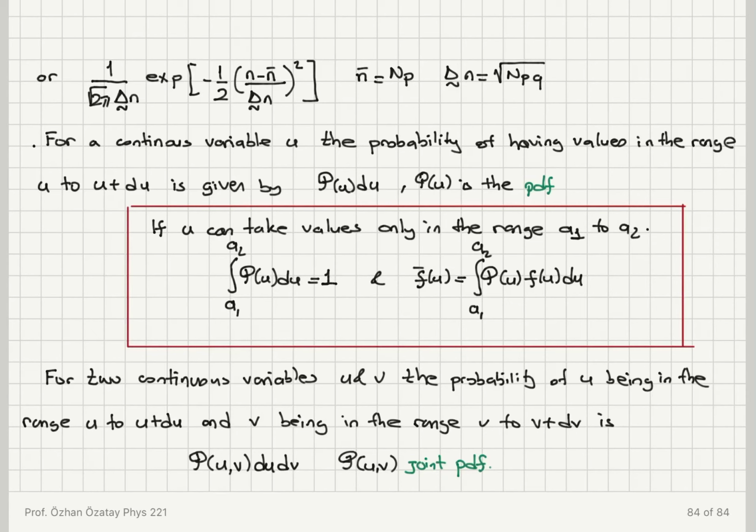If we have, on the other hand, two continuous variables, u and v, the probability of finding u in a range and v in a range is given by the joint probability distribution function du dv. The joint probability distribution function will only be equal to the product of the two distribution functions p of u and p of v when these variables are statistically independent, as we have shown in the previous